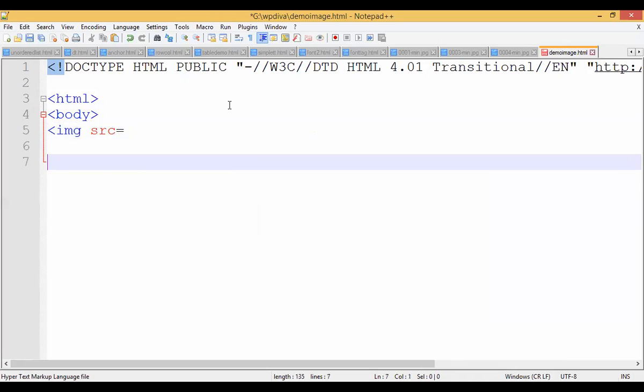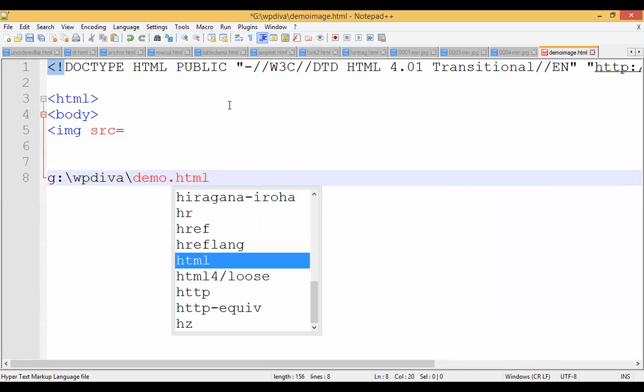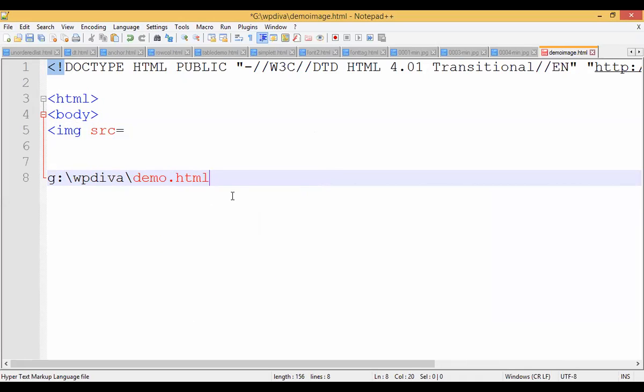Now tell me one thing. Where is our file stored? Our file is stored at G drive, WP division A. Under this, we have created a new file called demo.html. Do you agree? So our file is under which folder? It is under the folder WP division A. Now let me go back to this folder.